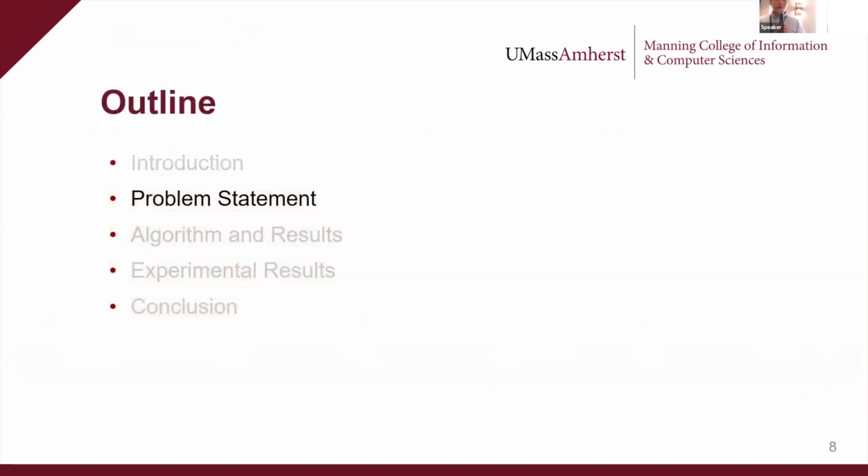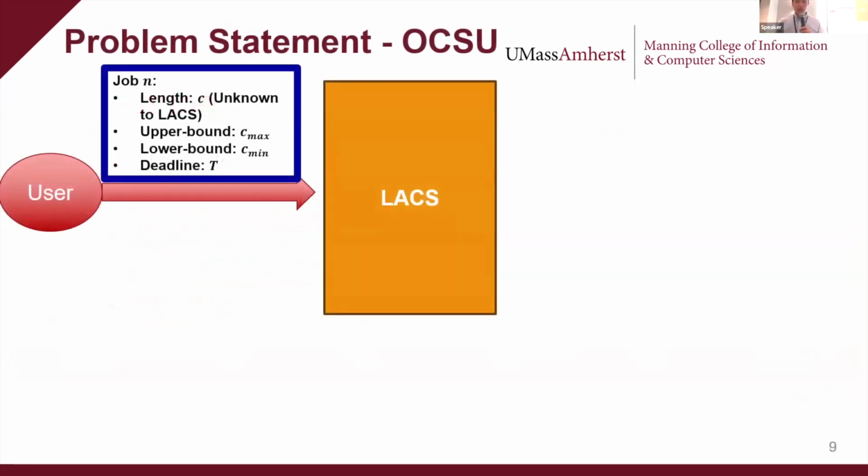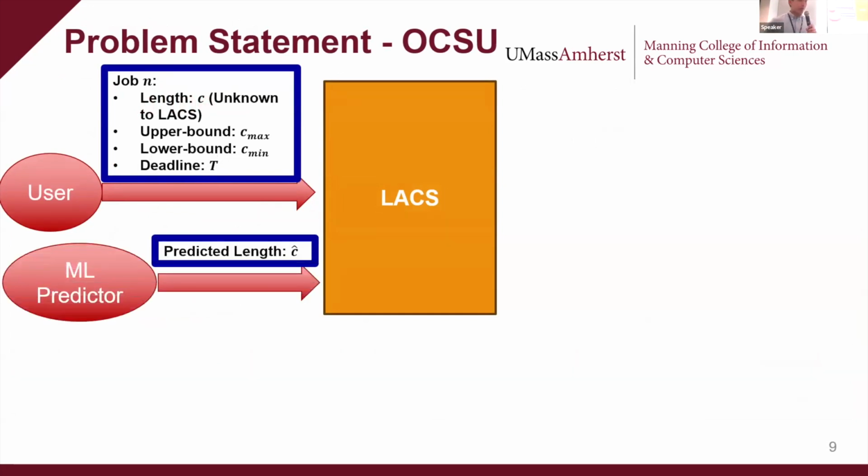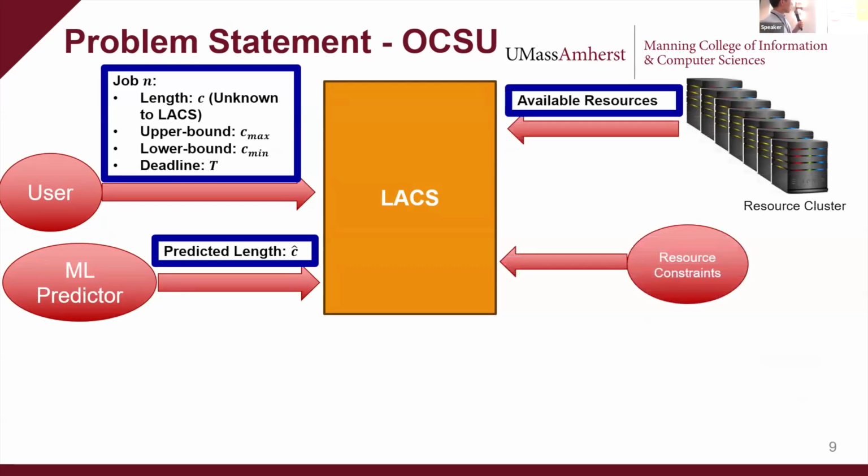And just moving into the problem statement. So what we have coming in is a job N, and it has some job length C, and this is bounded and a known deadline. In the learning augmented setting, we also receive a prediction C hat of the job length, which could be accurate or inaccurate. We also have some available resources from a resource cluster and some kind of constraint on resource usage